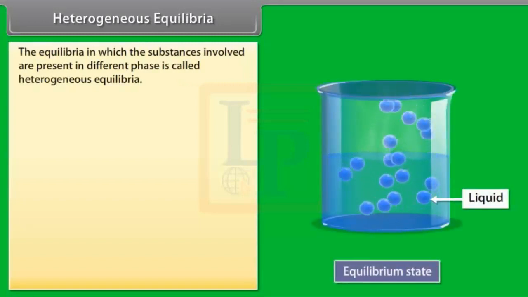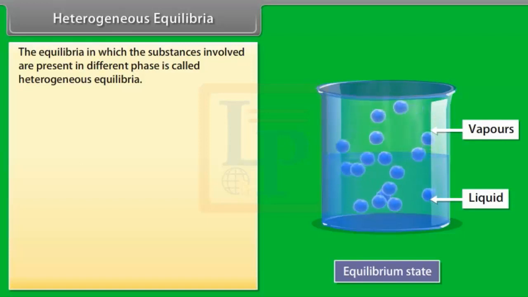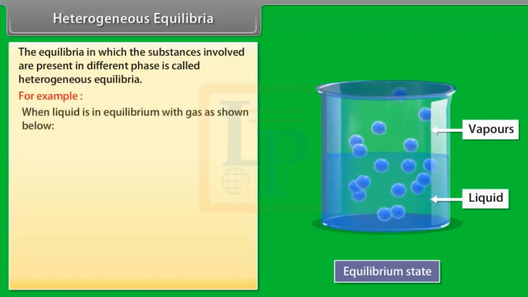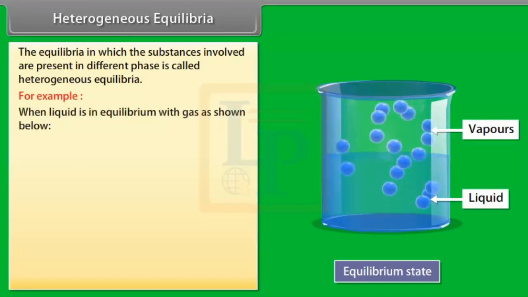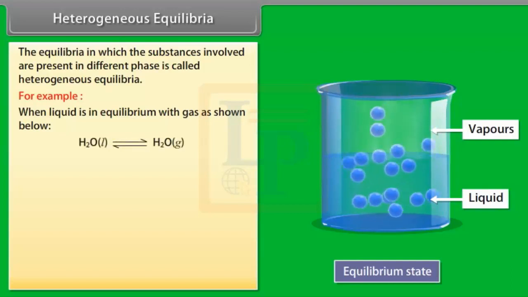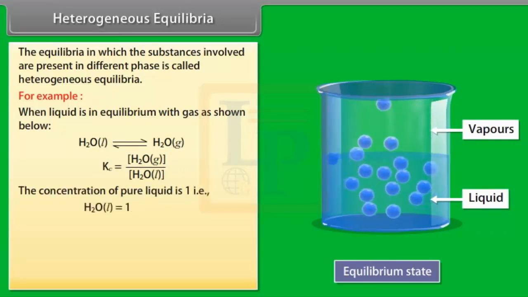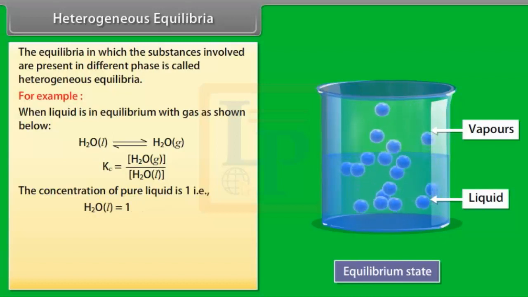Heterogeneous equilibria. The equilibria in which the substances involved are present in different phases is called heterogeneous equilibria. For example, when liquid is in equilibrium with gas as shown below, the equilibrium constant is given as follows. The concentration of pure liquid is 1, that is, H2O in liquid form is equal to 1. Hence,